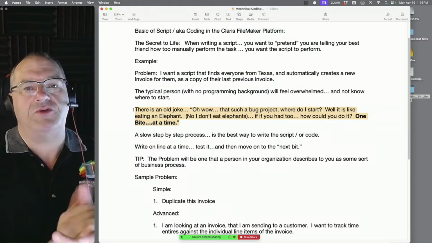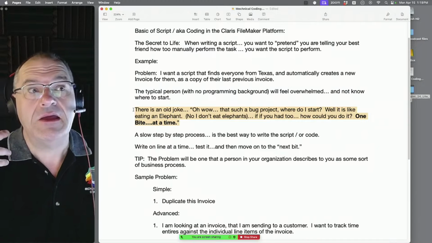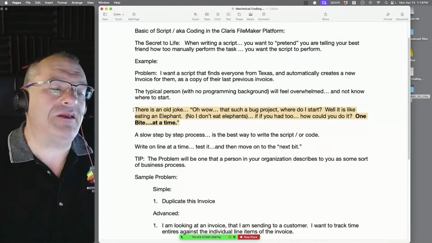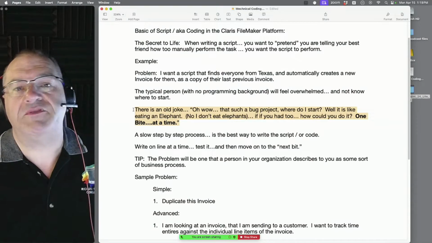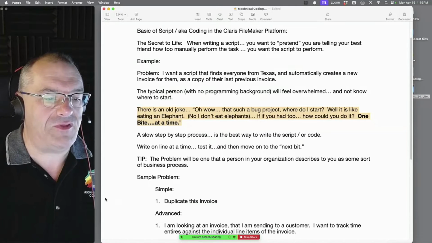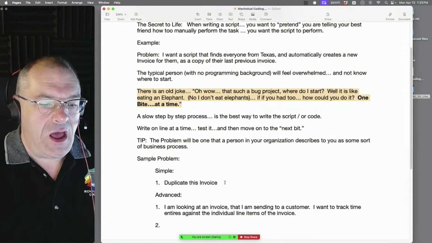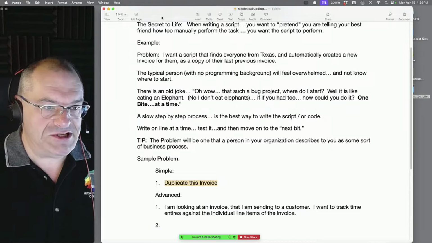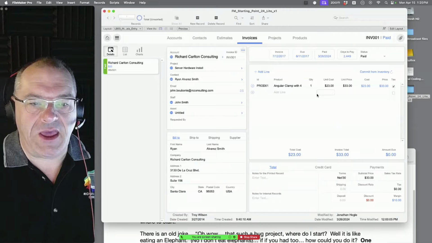The trick with scripting at the beginning and intermediate level, and it's actually still how, when I get confused, I stop and go back to this, is you need to sit down with the problem statement in your head. The problem statement today is going to be, Jesse, I'm already having you start thinking about this: I want to duplicate an invoice. And you're like, okay, great. I'm going to duplicate an invoice.